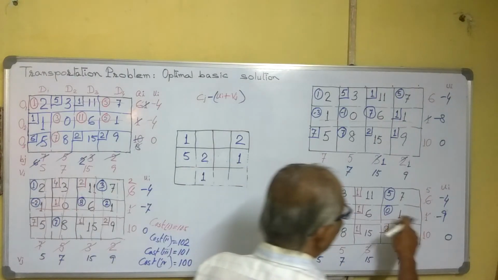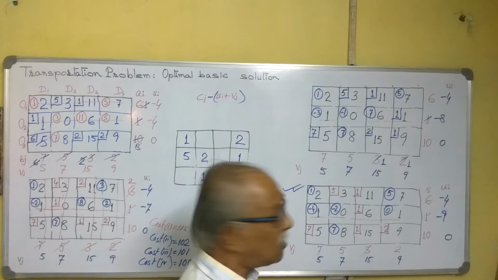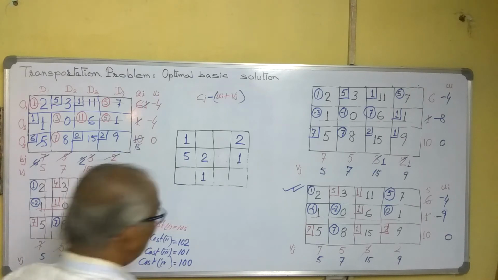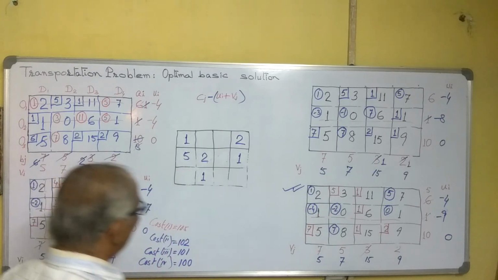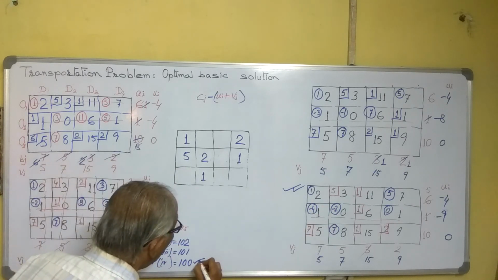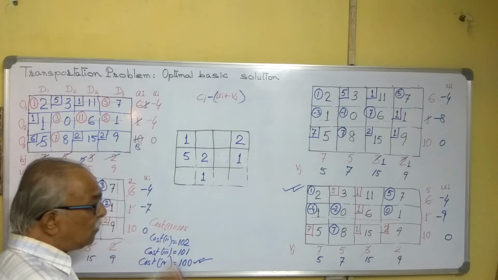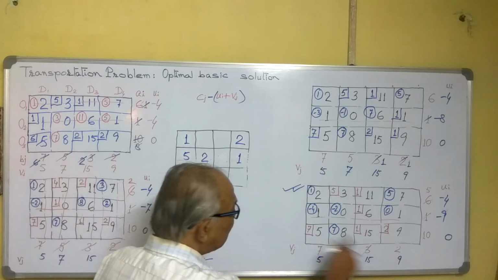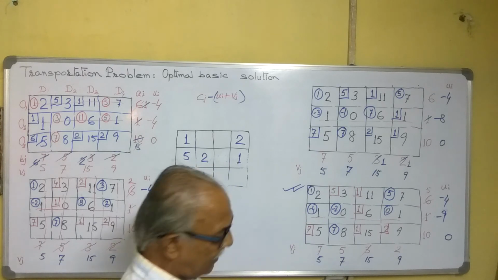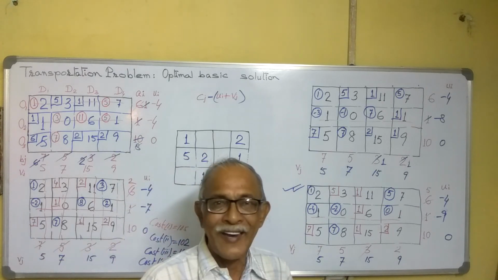And all this is correct. There is nothing wrong in it. This 0 is correct. No mistake is there. Everything is correct. So now this is the final solution, and this is the optimal cost. That is the least cost. And this is our final solution. I think I was able to explain.